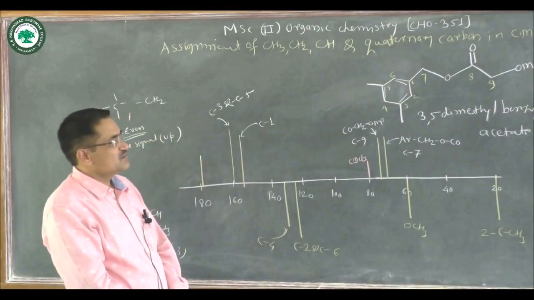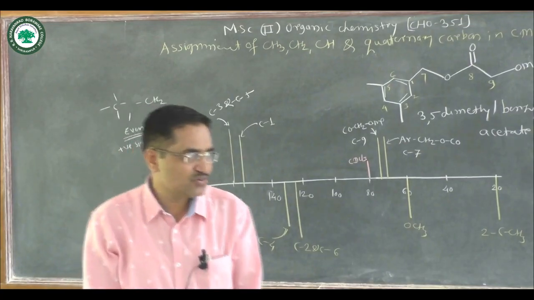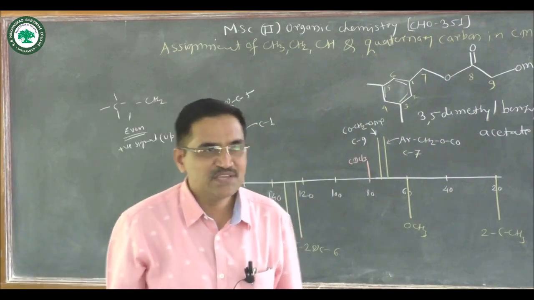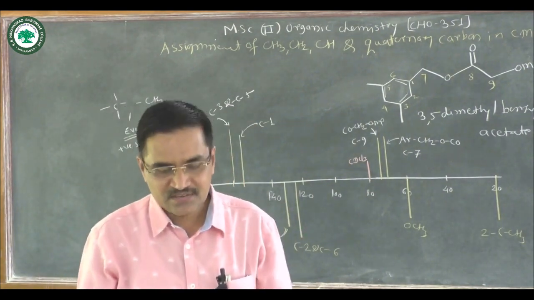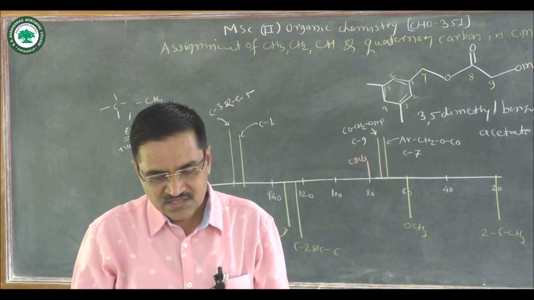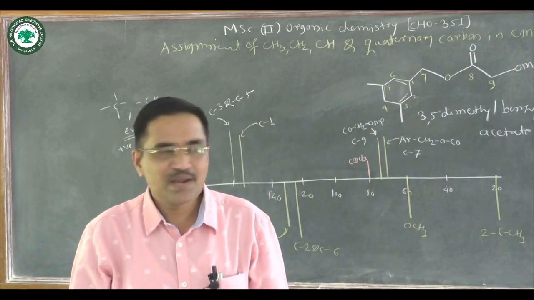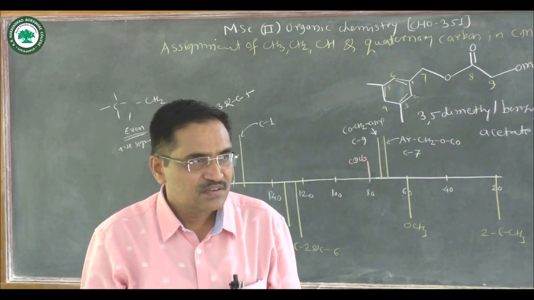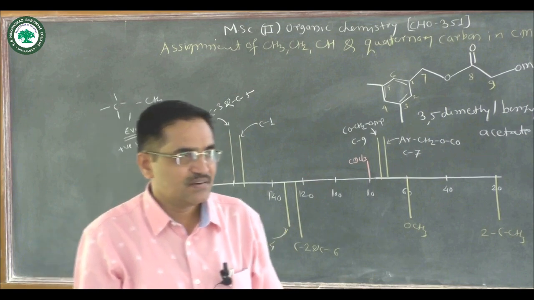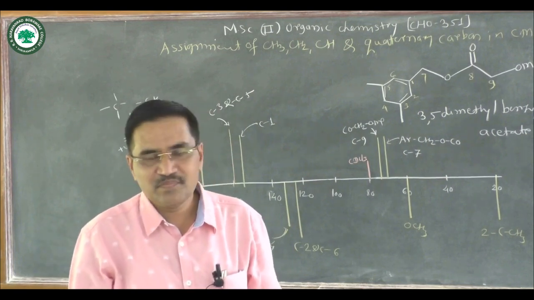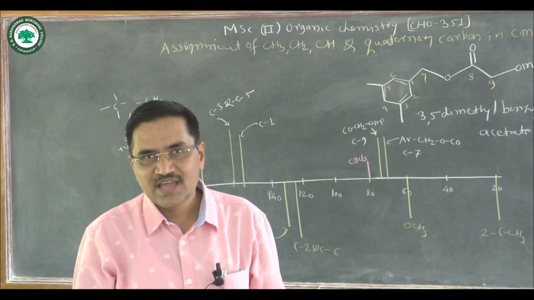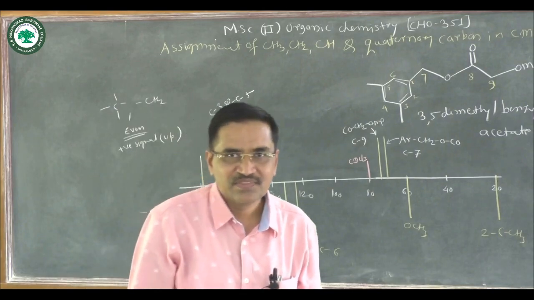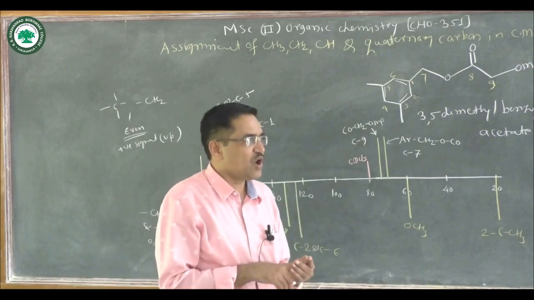Okay, last period we already discussed the difference between CMR and PMR. The major difference is that CMR is a multi-scan spectra and PMR is a single scan spectra. In CMR there is an overlap of carbon-carbon lines, and hence there are some methods to simplify these spectra.